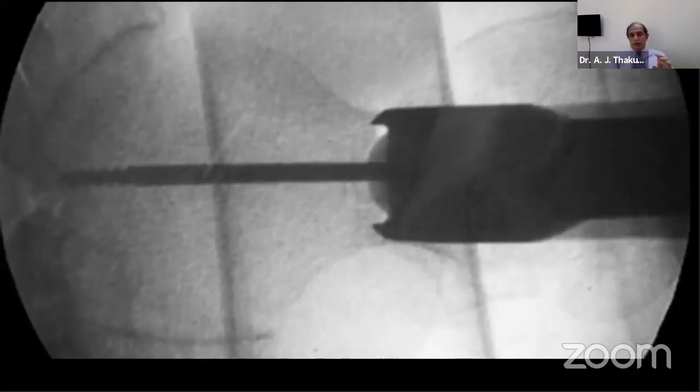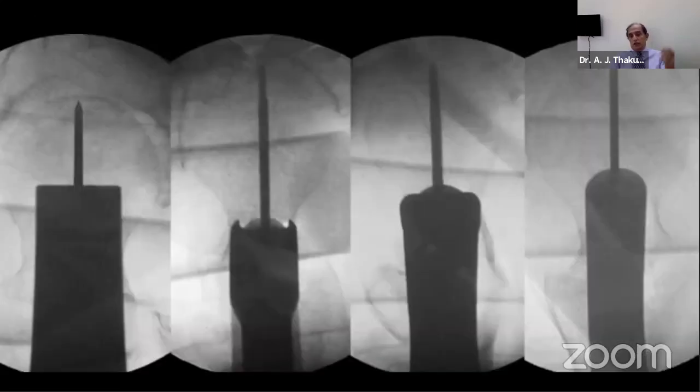This is what you will get every time. With whatever type of jig you have, here I have 4 jigs, all the time you will get it. The principle is the same. You have to have a square picture and then pass the guide wire in both places. It will work very well.